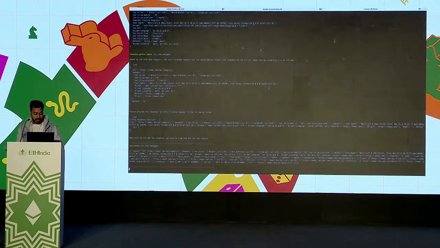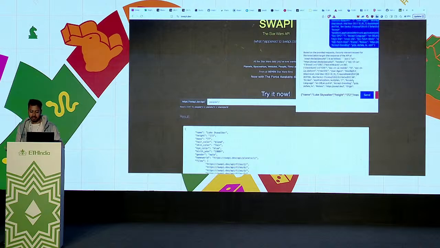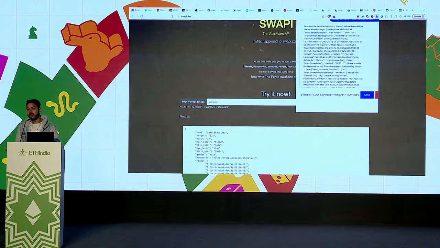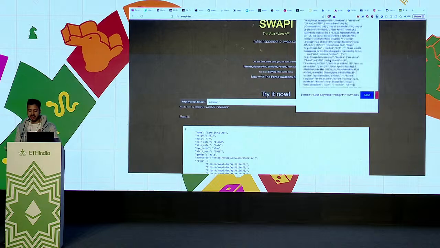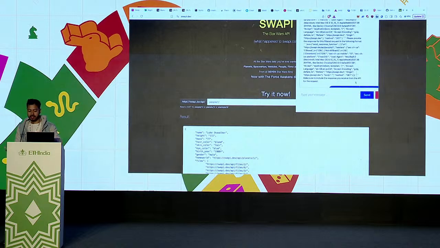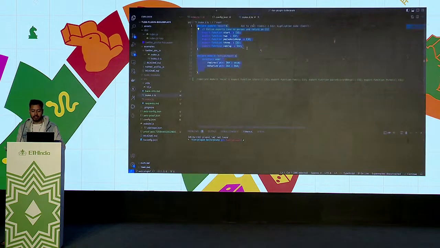If I go here, basically it filters what is needed and what is not needed, and then it sends the response, and then it will generate the final code that you can use to generate the plugin. Like here, it told me what requests are relevant to generate the plugin code. It tells me I need a GET request. The URL is this, and it creates a request for me, and I just send that. And then it will generate the code. So the code will look something like this.